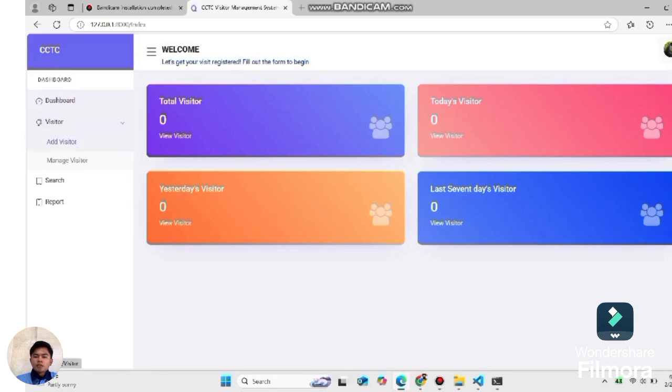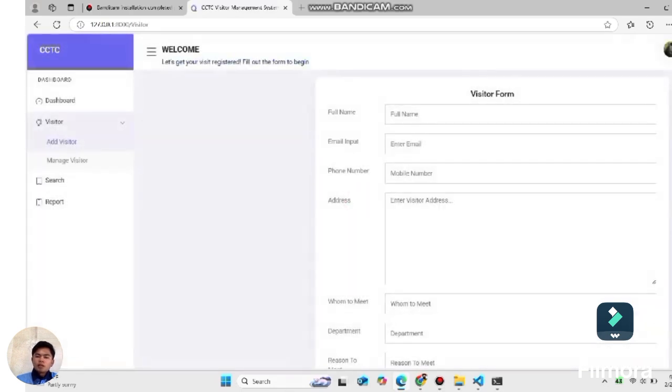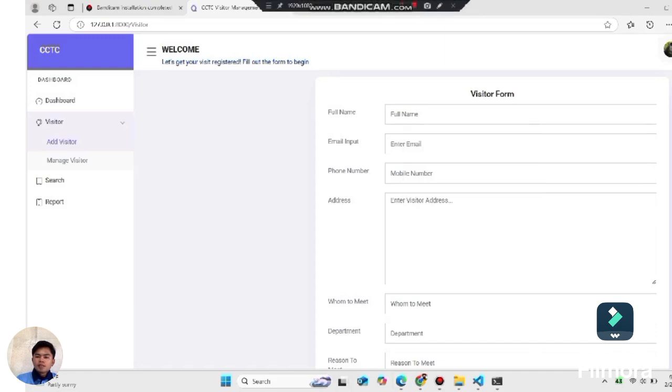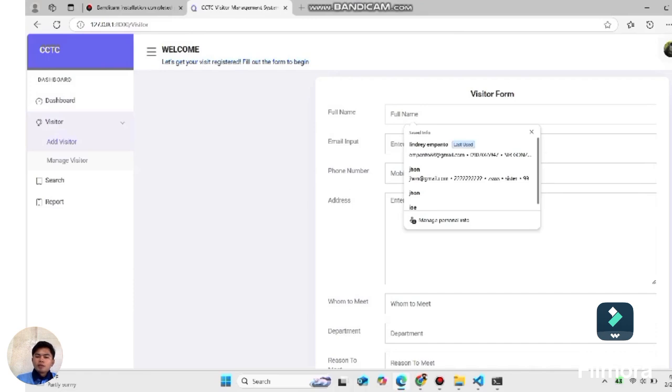So first, add visitors allows the administrator to register a new visitor by entering details such as first name, email, phone number, address, department to visit, person for the visit, and person to meet.